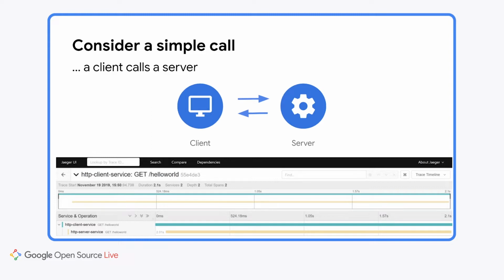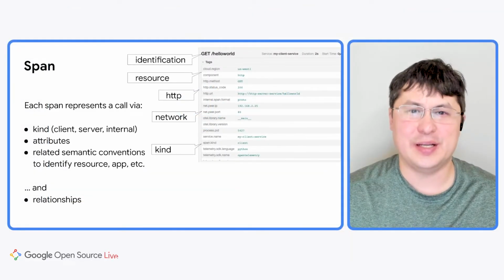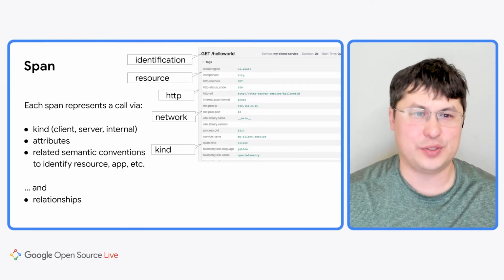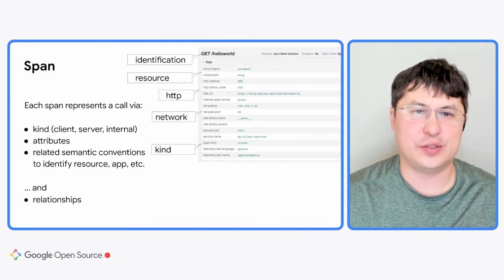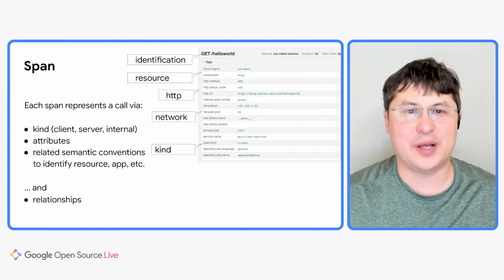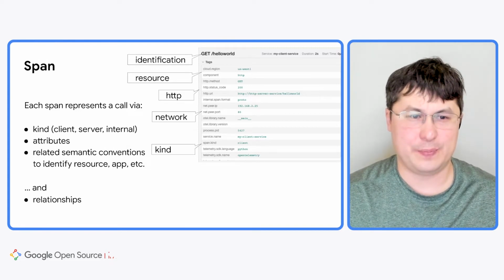These bar charts we call spans in OpenTelemetry. You can easily remember span by thinking about the time span between the beginning and end of request processing. So in OpenTelemetry, a span is more than just the beginning and end of request processing. It also consists of multiple attributes that represent and identify the specific span.